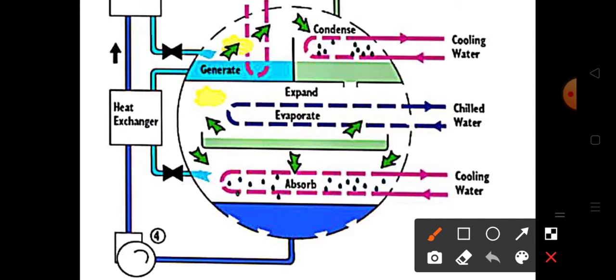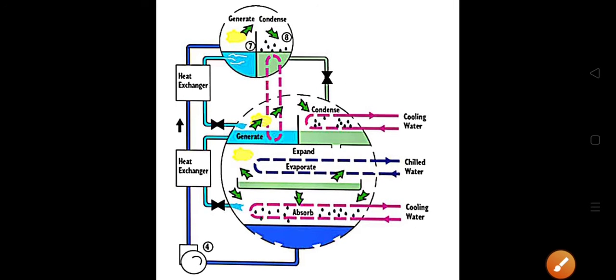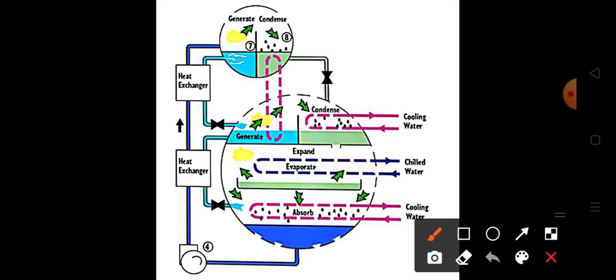So in this system there is the least amount of wastage of lithium bromide as well as water, and also the efficiency of this system is good. You have seen the lithium bromide cycles, but this is somewhat different, in which two generators and two condensers are used. By making this extra usage of generator and condenser, the overall efficiency of this system is improved. So I hope you understand the concept of lithium bromide, and you are also able to write this concept in your university papers, and you should also apply this concept to the industries.